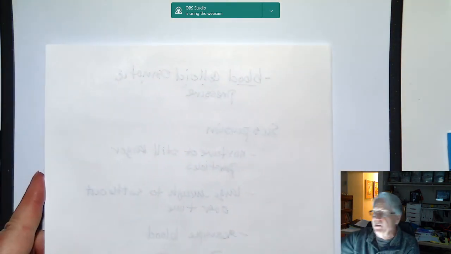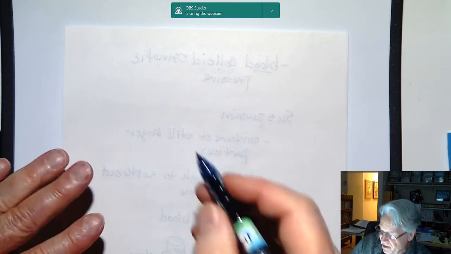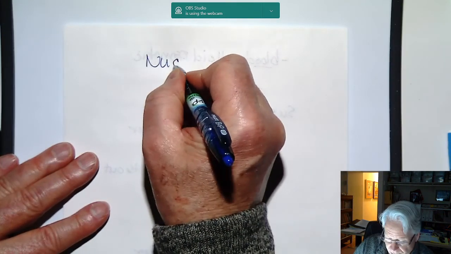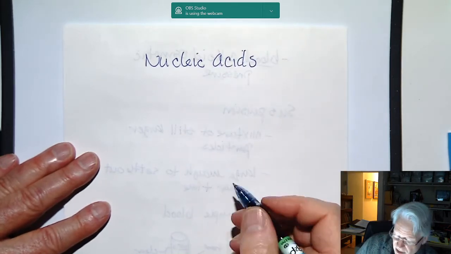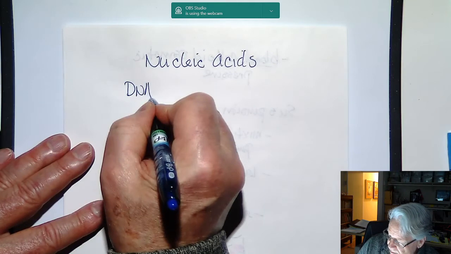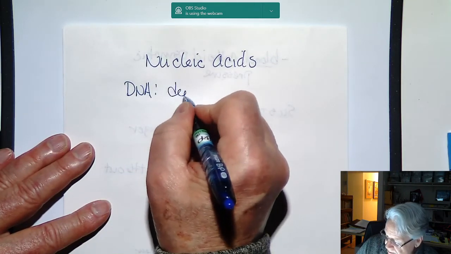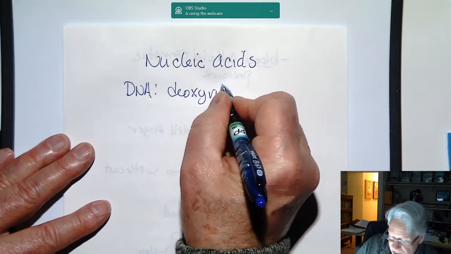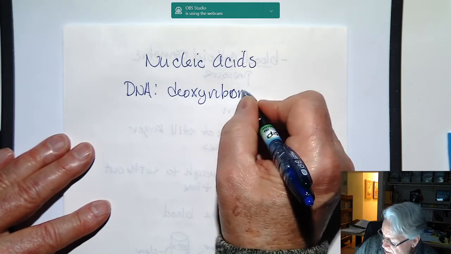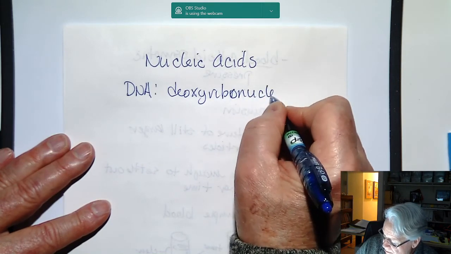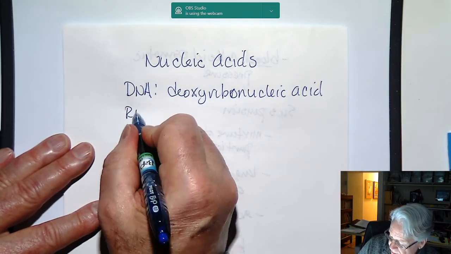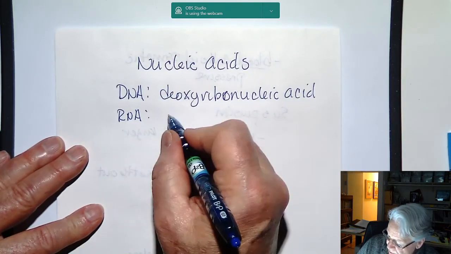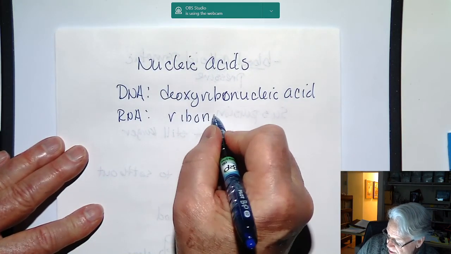That brings us now to the last area that we want to discuss, which is nucleic acids. And what we're talking about is DNA, which is deoxyribonucleic acid, and RNA, which is ribonucleic acid,